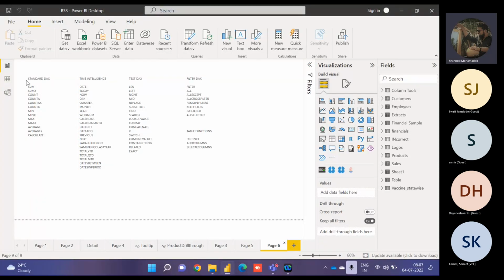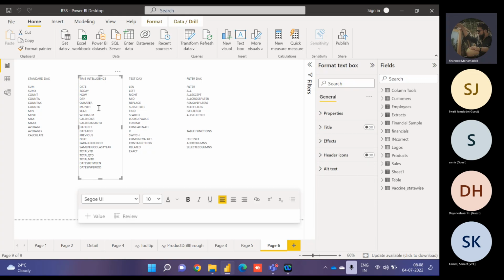Okay. So today we are going to start with the DAX calculations. In the DAX calculations, we have four different sections: standard, time, text, filter, and then table functions as well. Now, before we start with the calculations, let's understand the difference between a calculated measure and a calculated